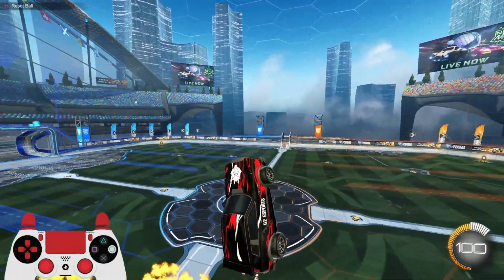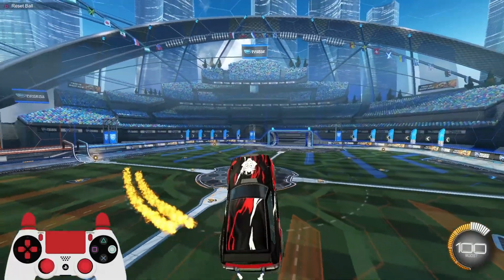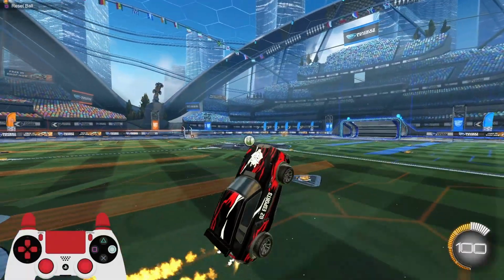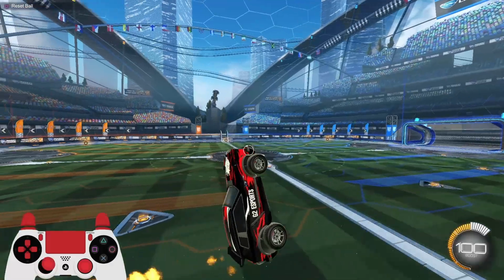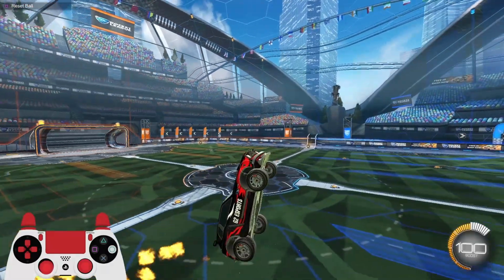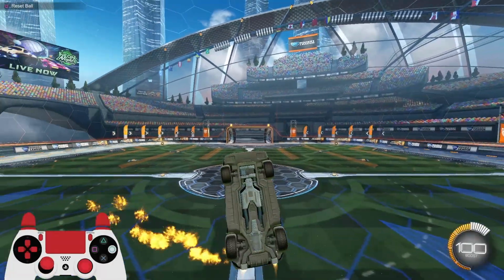So the ball's at the spawn, and now we're going to try, I forgot what the name of them is, but basically just flying around the ball in a circle. So, if you guys will find here, if I don't move my stick at all, if I don't use any air roll or anything like that, as you circle around the ball,